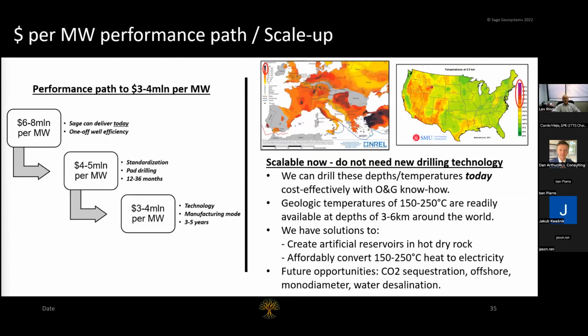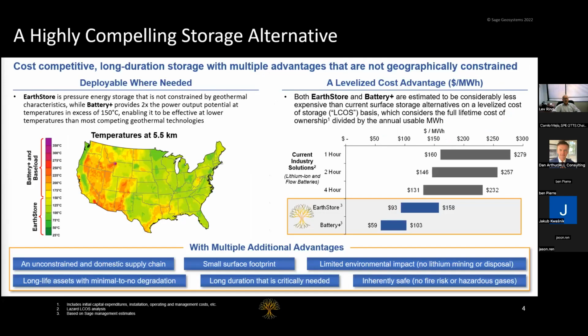And so on a scale of 1, you can build it today. We can build it at 6-8 million per megawatt, which gives you an LCOE in a range of 8 to 9 cents. But at scale, we can easily reduce it to 3-4 cents per kilowatt hour, which becomes enormously cost competitive. That is if you use it as base load, but if you use it as storage,